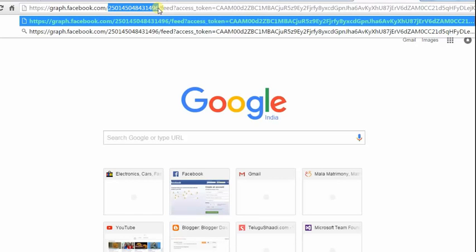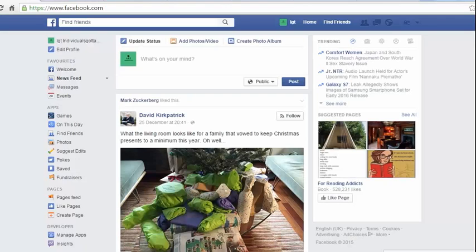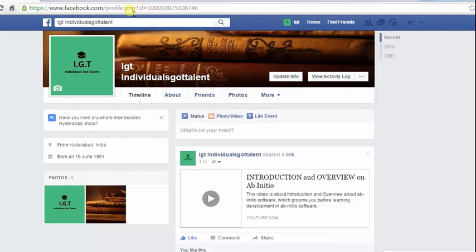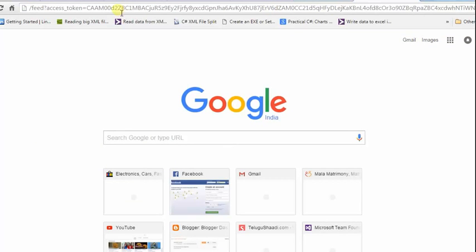For example, if you open a page, you get an ID in the URL. If you see this profile, like IGT, you get an ID here, right? This needs to be placed over here. In my case, the ID that I've given is for the Informatica page.